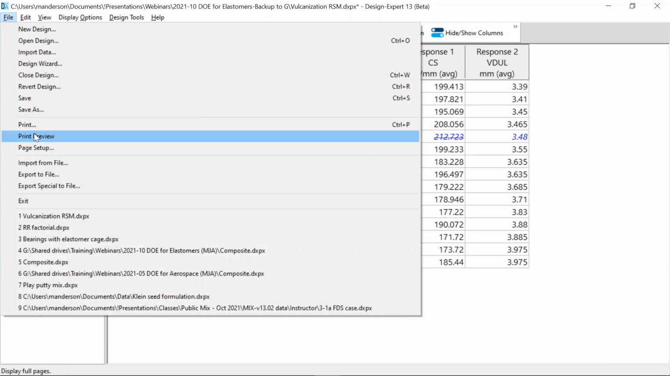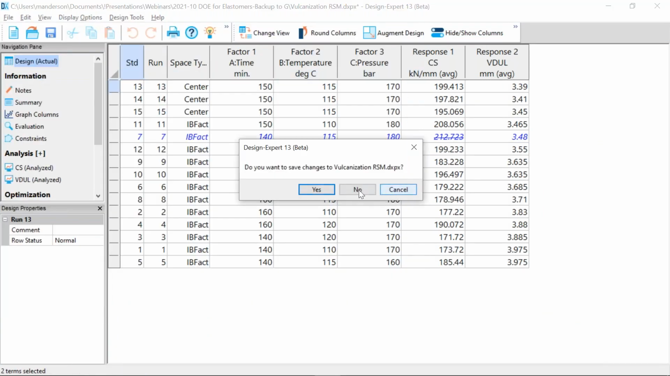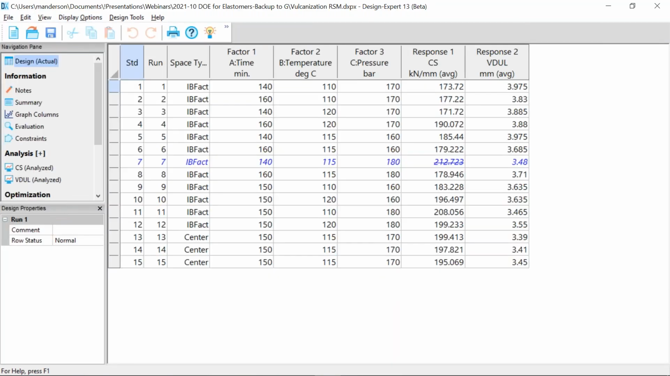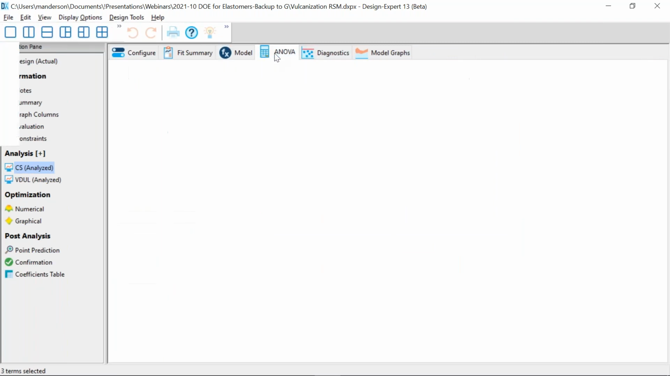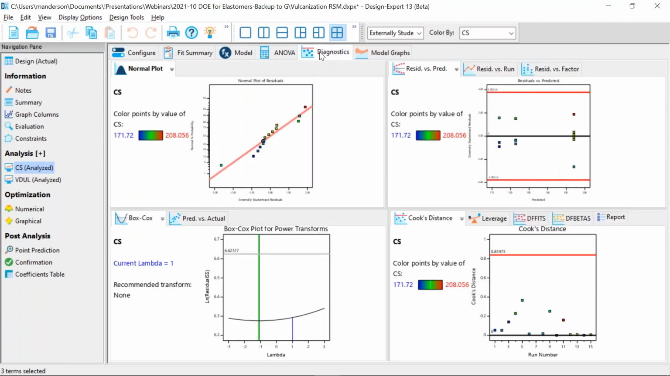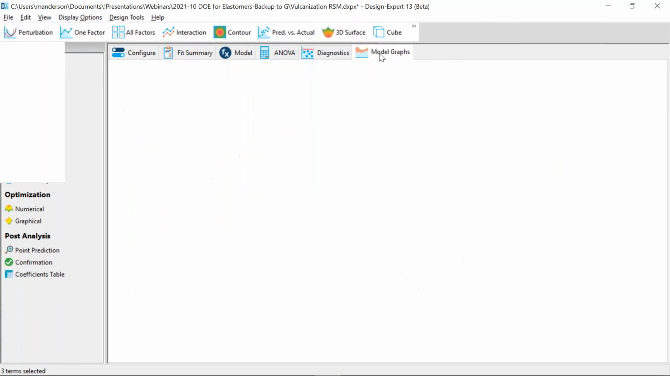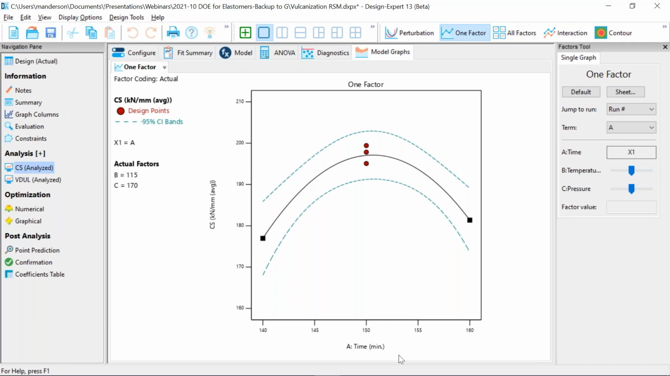So I'm going to close it, and I'm going to open it to reset the analysis. I fiddled with this a little bit. Oh, it looks like I did end up with A and A squared. Okay, so on this one is about the best I could do with it, and we get this one factor plot with the confidence bands